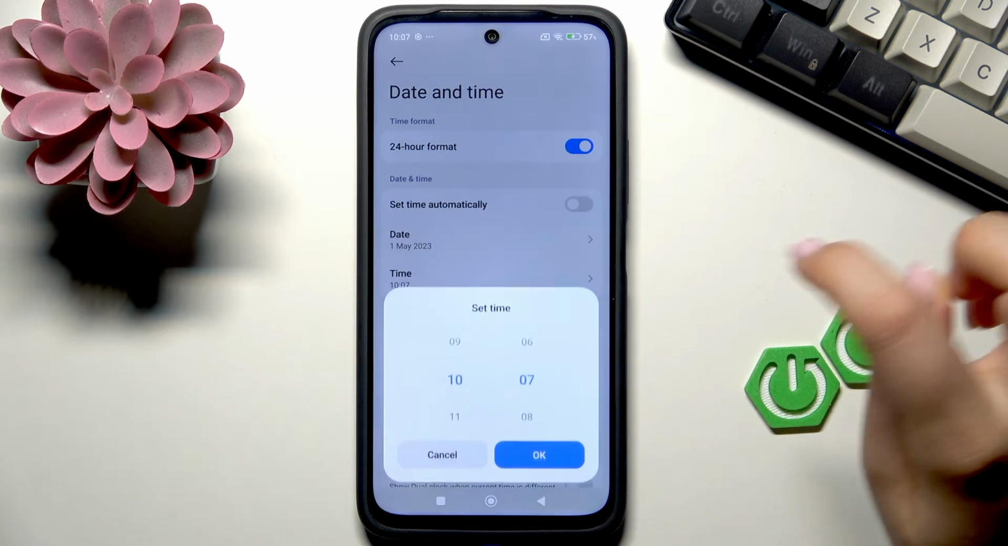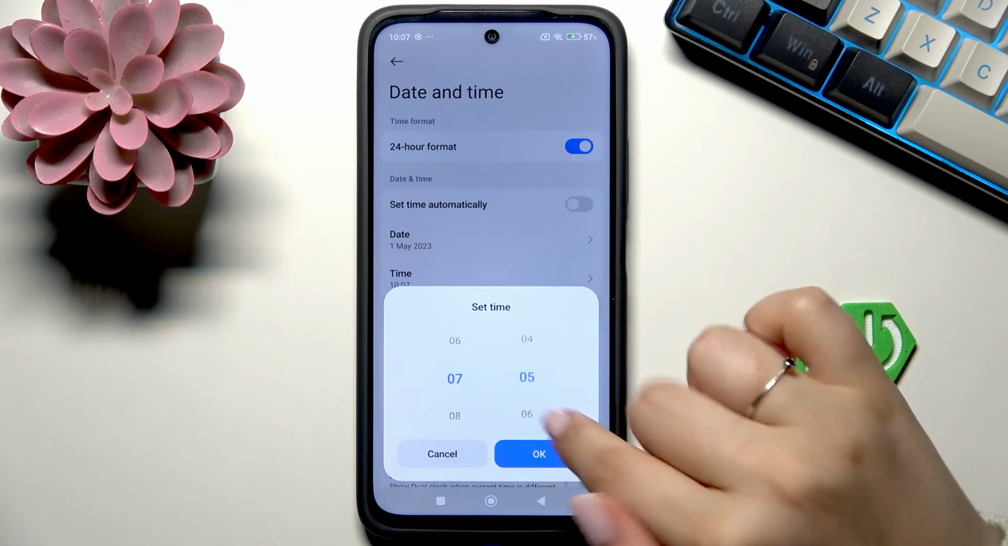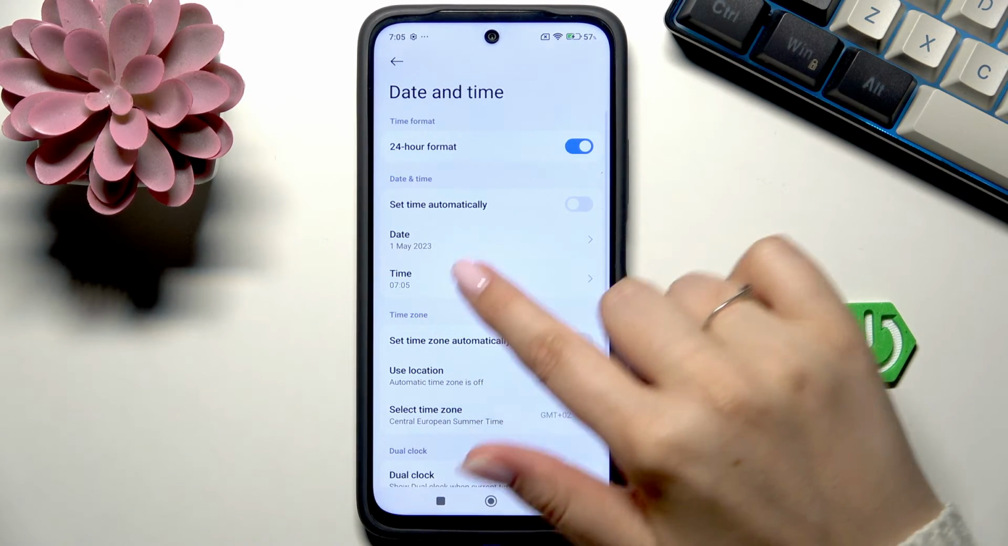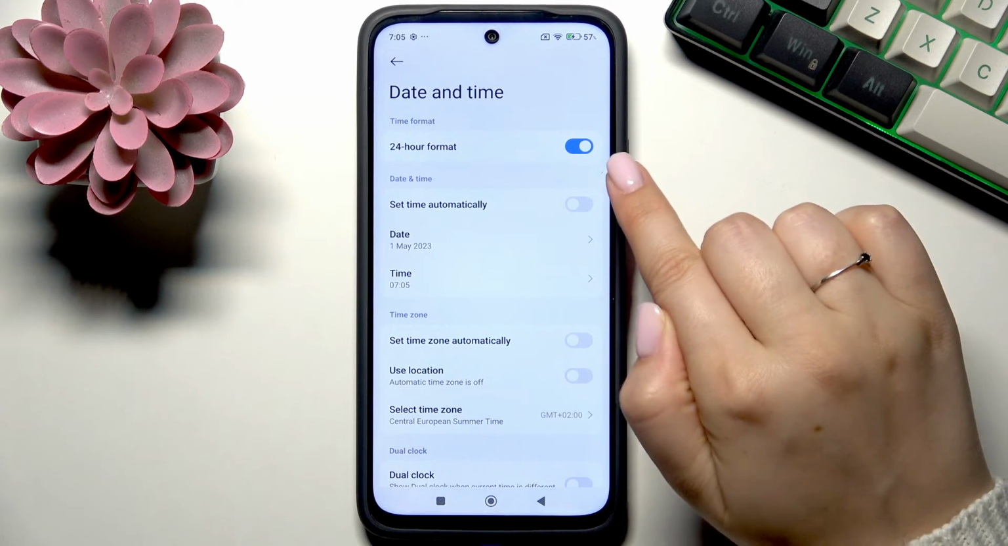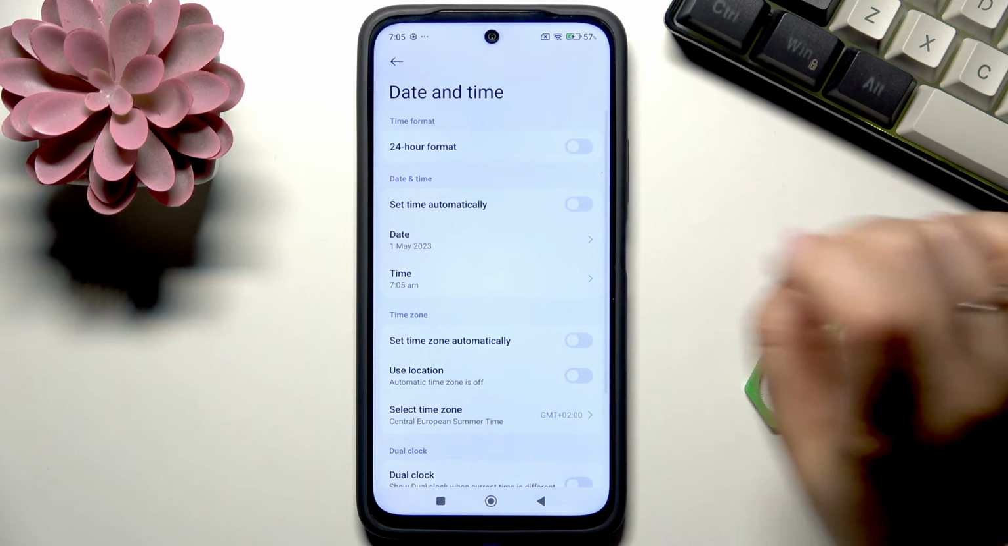And the same with the time, we can simply tap on it and by swiping change the time. When it comes to the time, we can change the format. As you can see at the top, we've got either the 24-hour or 12-hour format just by turning off